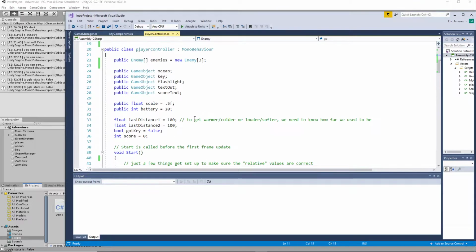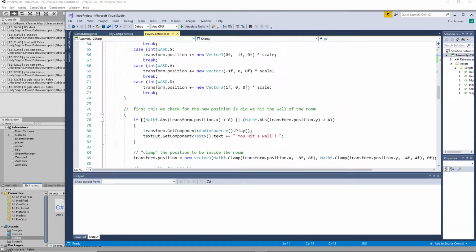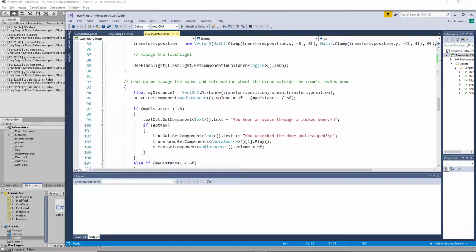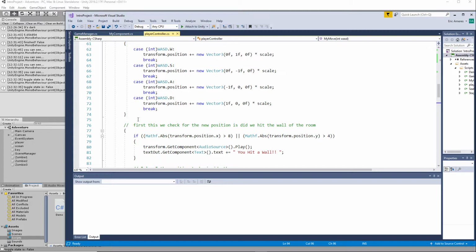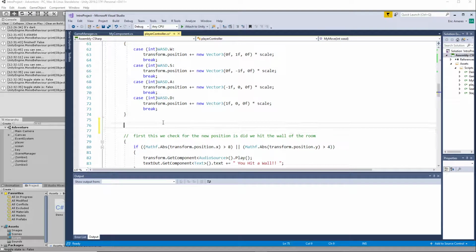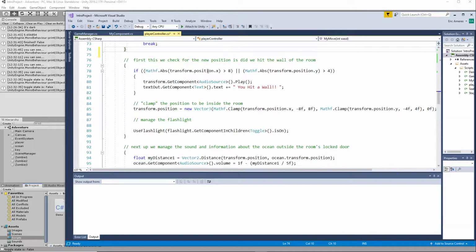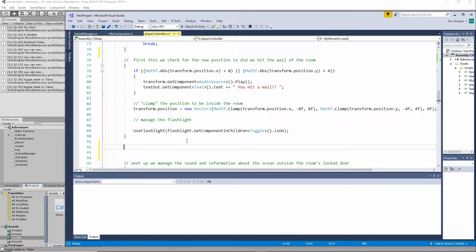All right. So how do I work with an array of zombies? Now, as I move around, you'll see in the case of each one of these objects down here, I was always specifically saying, okay, let's look at distance from transform.position to ocean.transform.position, for example. So now, if we wanted to do this for each of these zombies, let's put this in here before we manage the door. After we bump into the walls, let's see if we are encountering any zombies. So for each,